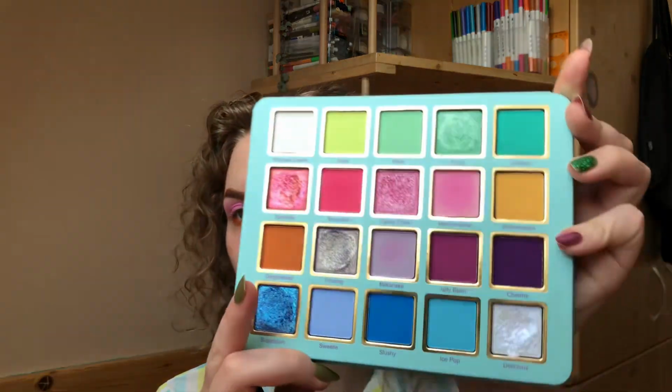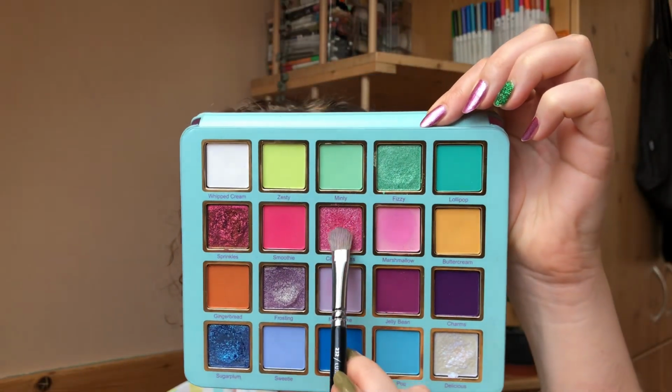So yeah, this is kind of it. Now I'm gonna take the shade. First I'm gonna find a brush, and we're gonna take the shade Candy Floss, this one. I would use a natural bristle brush, because I feel like that way